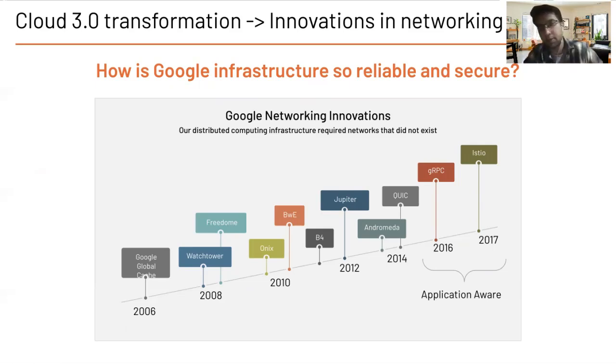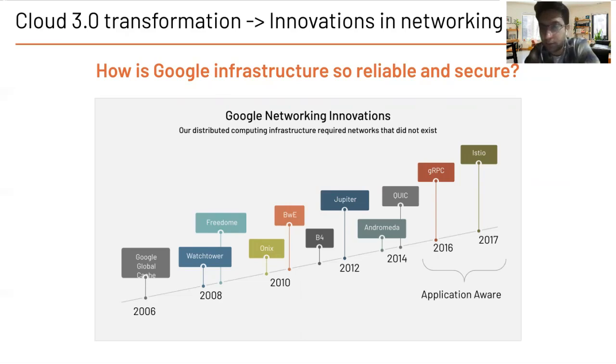And despite launching more and more services, despite having thousands of new developers join every year, the infrastructure is always up and available. One of the core reasons is the investment in the core network, and networking innovations at Google have been quite a few. Not all of them have been talked about, but I was on the front row seat